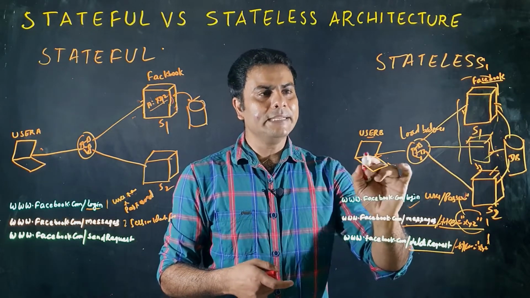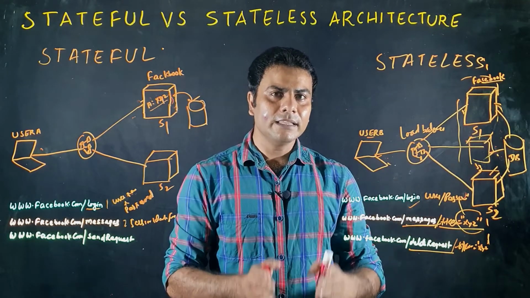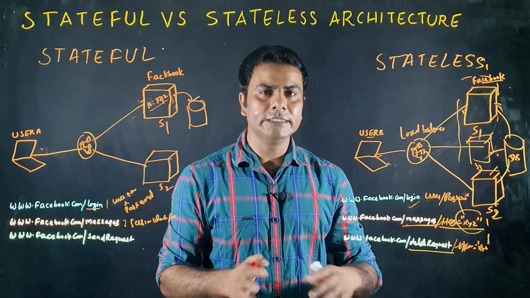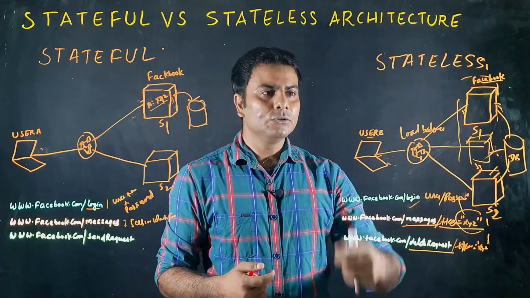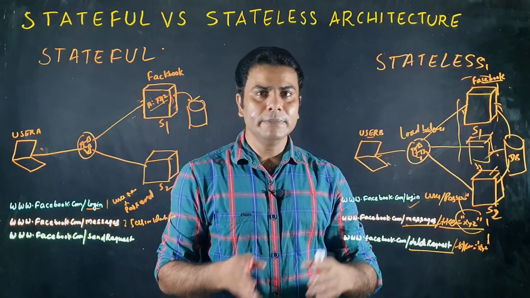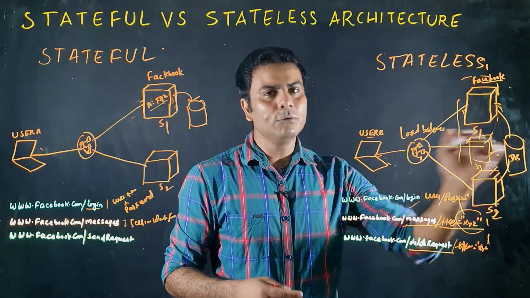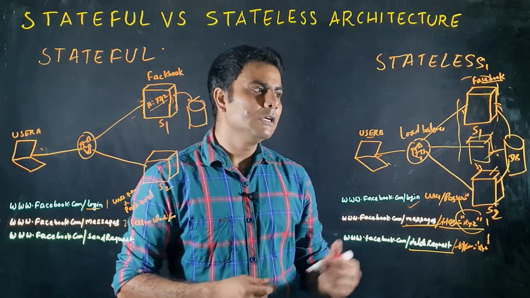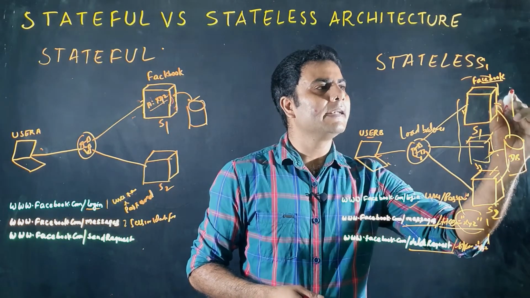But just imagine if user B logs into the Facebook application. Now he is checking the messages, he is checking the comments, he is sending the friend request, he is deleting the request, he is chatting with someone. So he is doing so many operations, right? So I'm talking about one user. There could be multiple users. So in every case, if we make a call to the DB to get that session ID, it is not a recommended solution. So instead of a database, we can use some kind of cache mechanism.